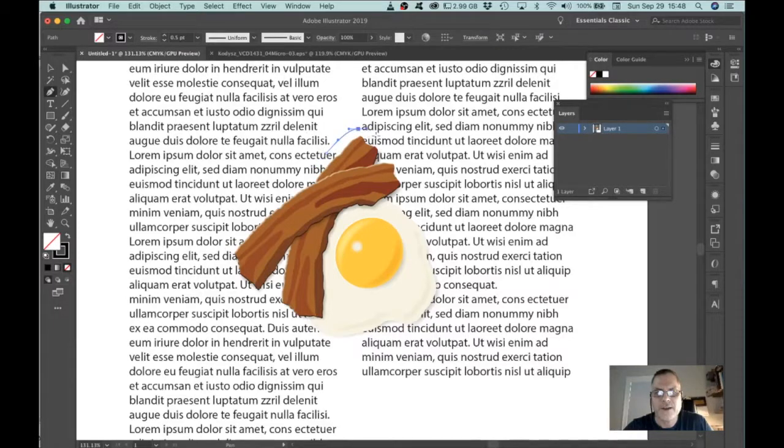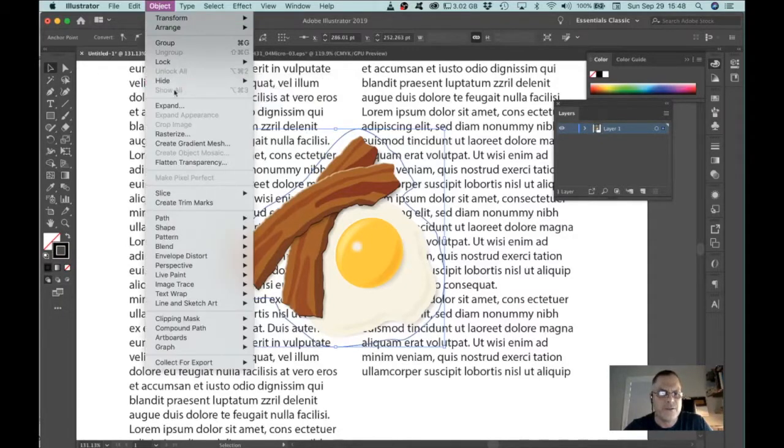And then I'm just going to go ahead and draw my path to kind of echo the contours of my illustration. And it doesn't have to be perfect. You can always go back and adjust this and refine it later. But it's kind of following the rough outline here. Okay. So there's my path,